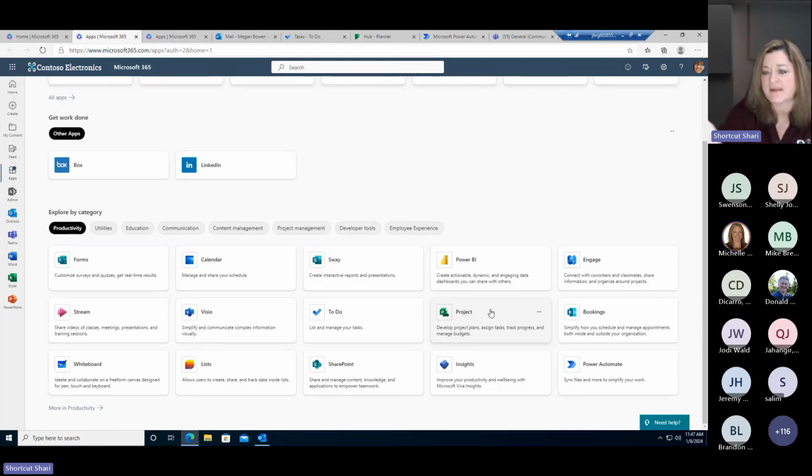So which application do you use when? What makes the most sense? Am I managing tasks for myself? Am I managing tasks in a group? Do I need full project management that I need to coordinate all of those tasks? Now, we're not going to talk about Project today. That's evolving right now. They're changing a lot of things in Project, but I do want to focus on Planner